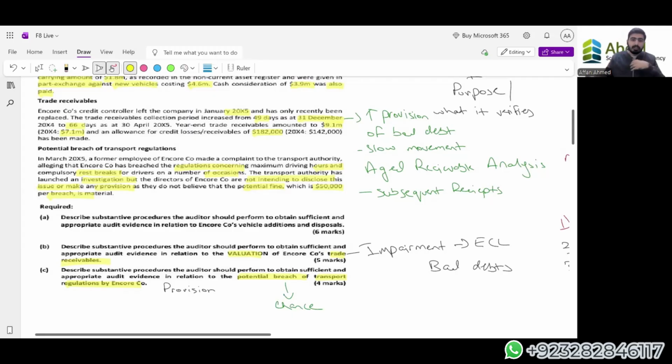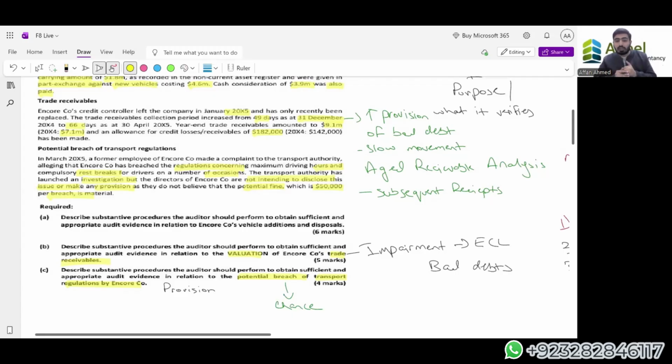If someone is filing a case against us, there is a claimant party, right? The claimant party's claims are to be discussed. We have to see what they claimed against us, what fine they are basically proposing, and what they have told us. By the discussion, we will get an indication of whether this fine is likely to happen or not likely to happen. Is it a discussion only, or is it an open warning for us, or an open chance for a penalty in the near future? So first of all, we have to identify or review the correspondence with the third party.